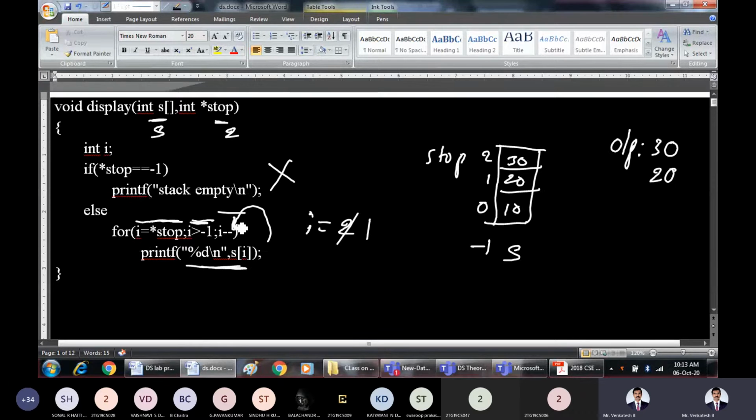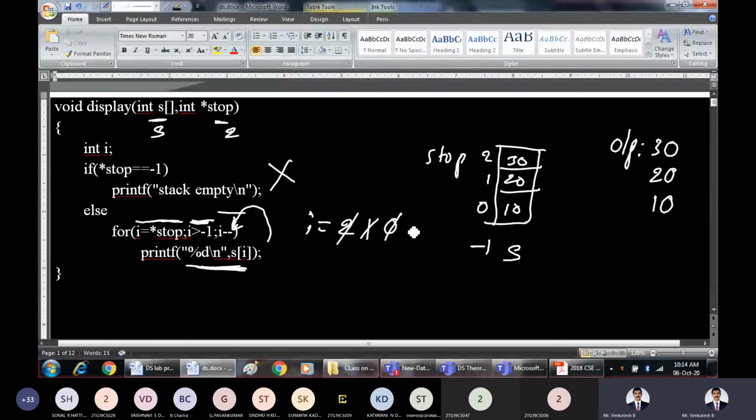Then go for decrementing, I minus minus. So new value of I will be 0. Check the condition whether that 0 is greater than -1. Yes, condition is true. Enter into the for loop and display this value S of I. So what is present in I? I is 0. So S of 0 is what? 10. So 10 will be displayed. After displaying, go for decrementing, perform I minus minus.